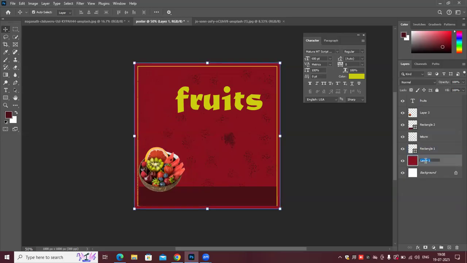This is my rectangular, this is layer one, this is my background layer 1. Okay, enter. Search from kind and